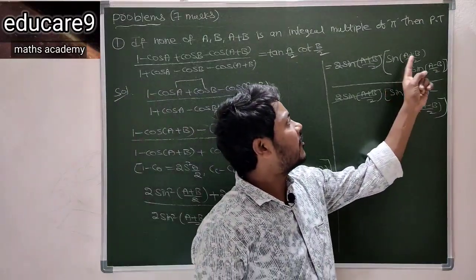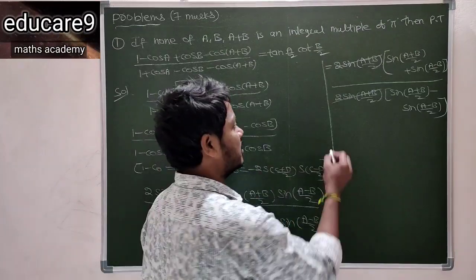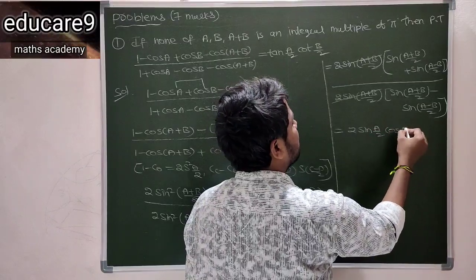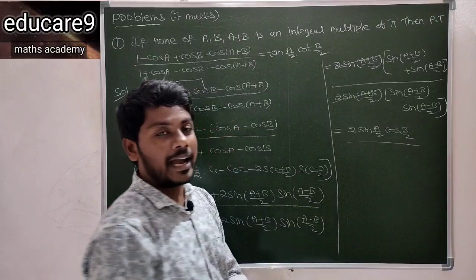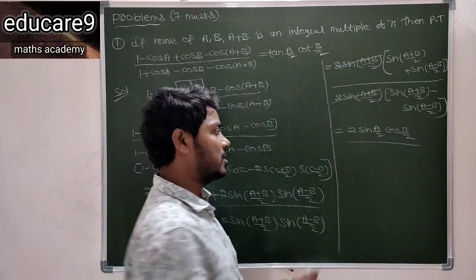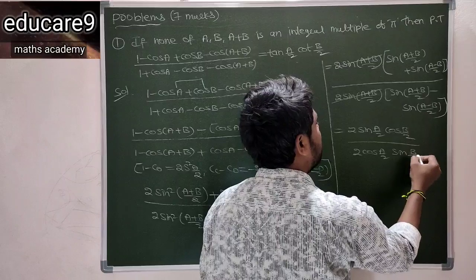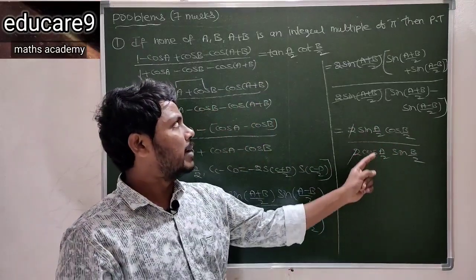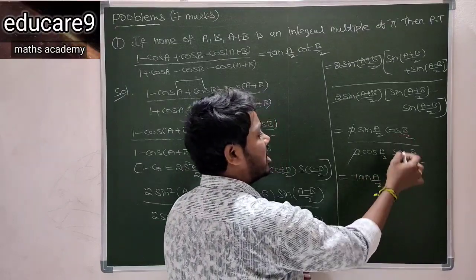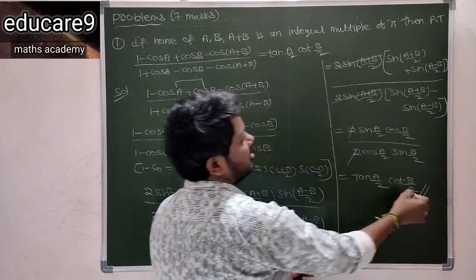So it is in the form of sin of (A plus B) plus sin of (A minus B). So clear, that is 2 sin A cos B. So this equals 2 sin A/2 cos B/2. In denominator minus is there in between, so clearly first we have to write cos term, after that sin term. That is 2 cos A/2 sin B/2. So 2 gets cancelled. Sin by cos, that is tan A/2, and cos by sin, that is cot B/2. So this is RHS.